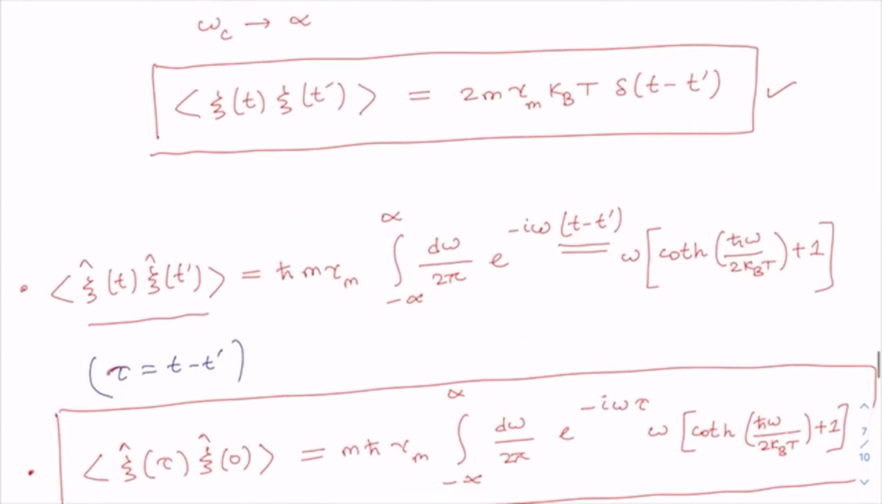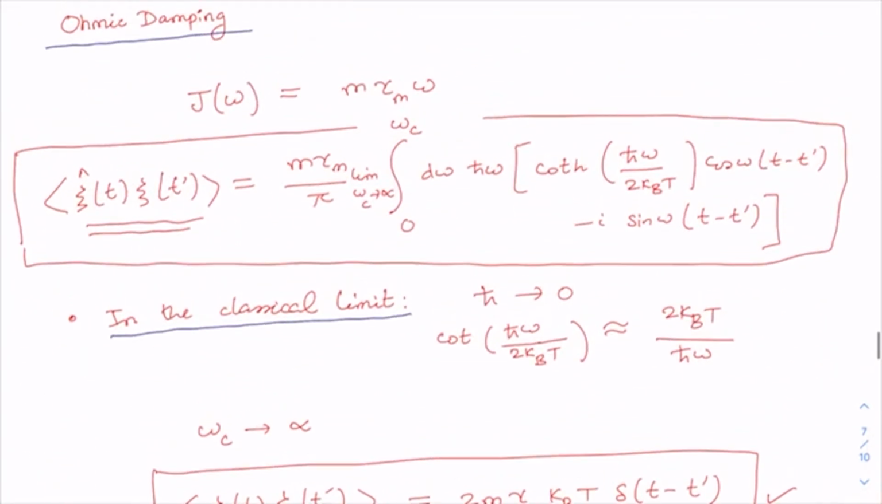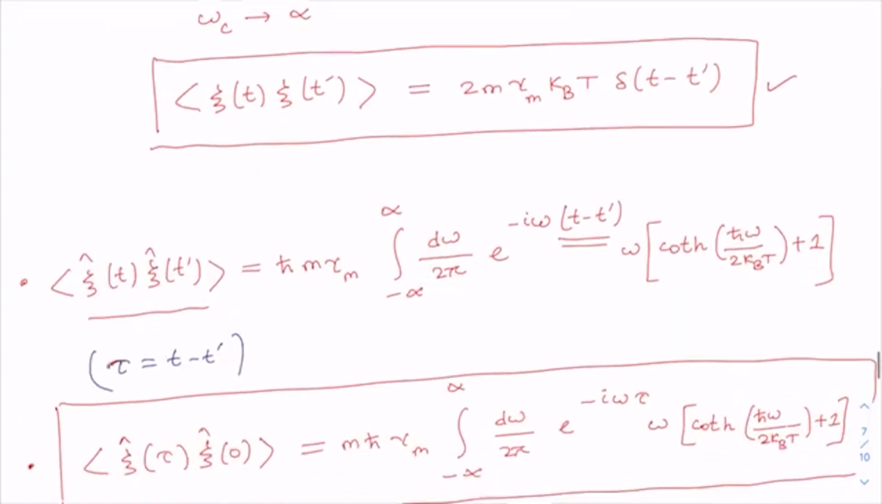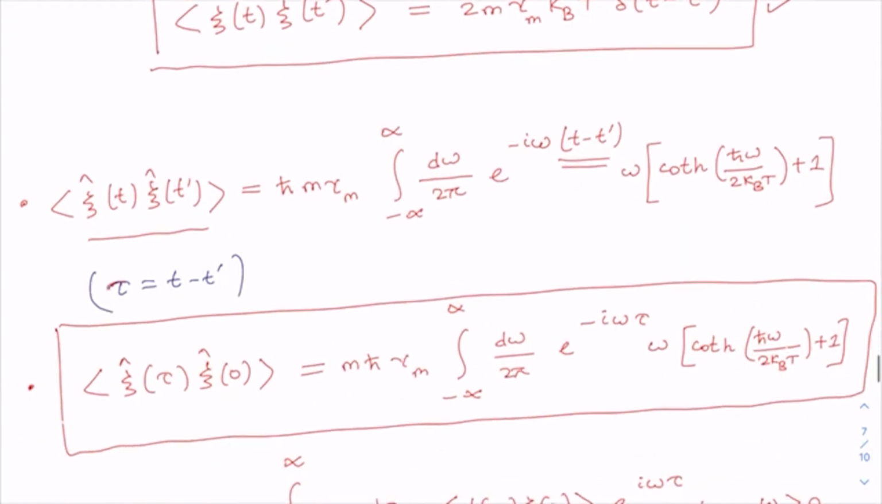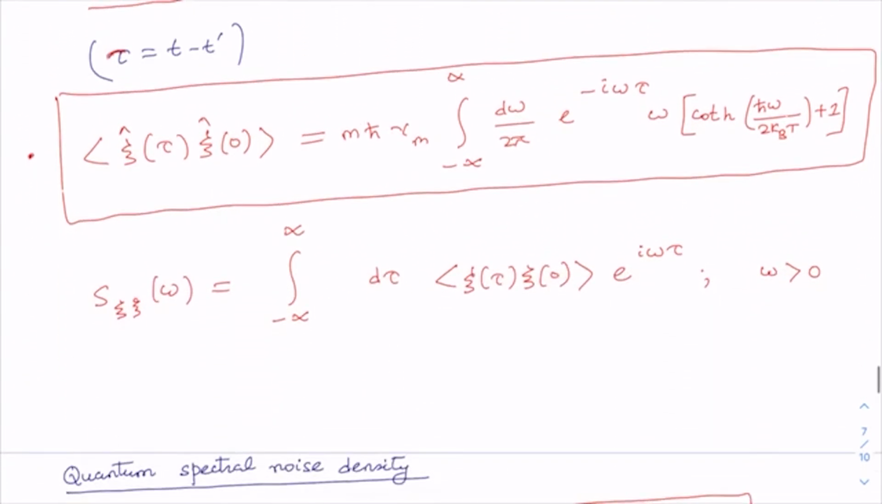We see that this autocorrelator depends only on the time difference, so we define a parameter tau, which denotes the time difference. Using this parameter tau, we write down the autocorrelation function in this particular form. After that, we calculated the